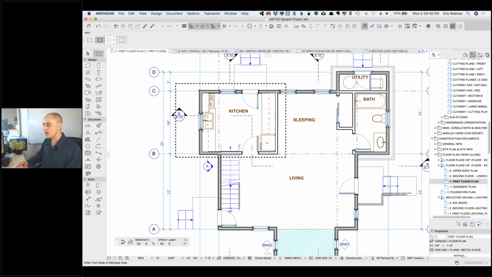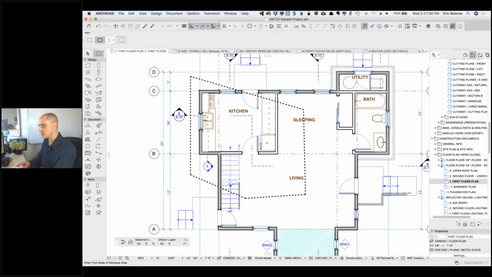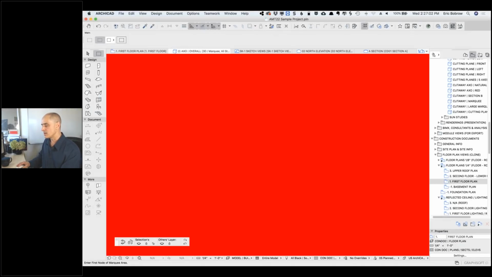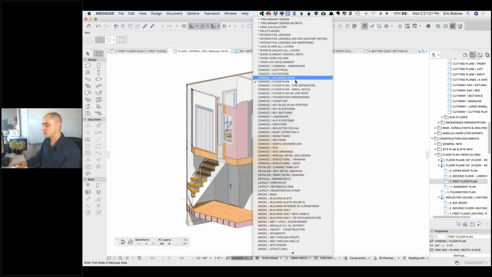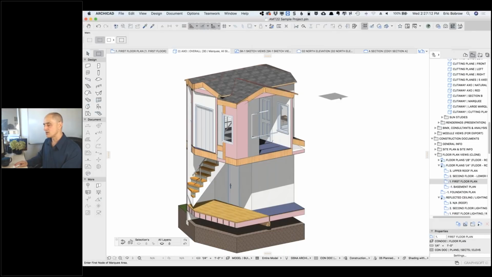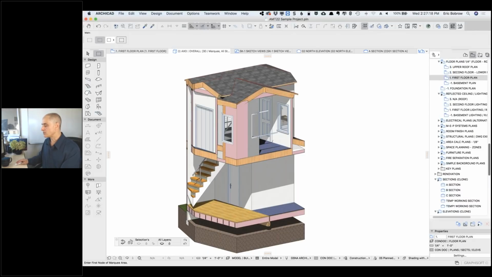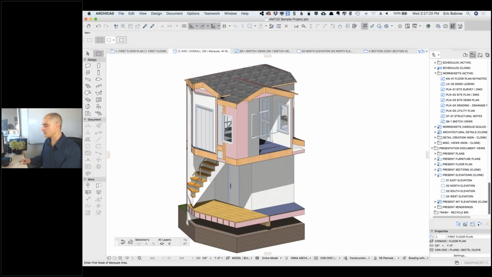Now, if I go and pick the marquee and say I want to do an irregular shape, and I'll just sort of do something arbitrary like this, and then go to 3D, we're now going to see that cutaway, and then I can easily switch to the model like this, and now we're seeing all of the model elements. Sort of rather odd, obviously, what I cut out here. But let's look at the difference between the cutaway,